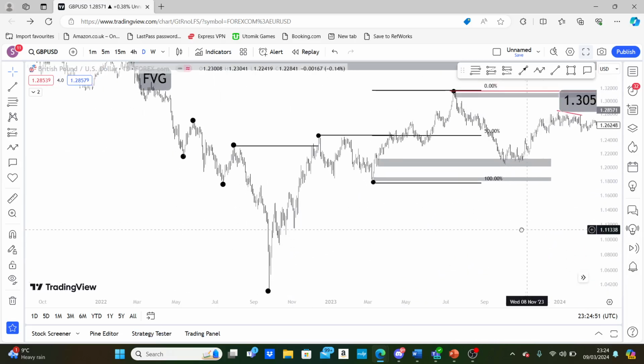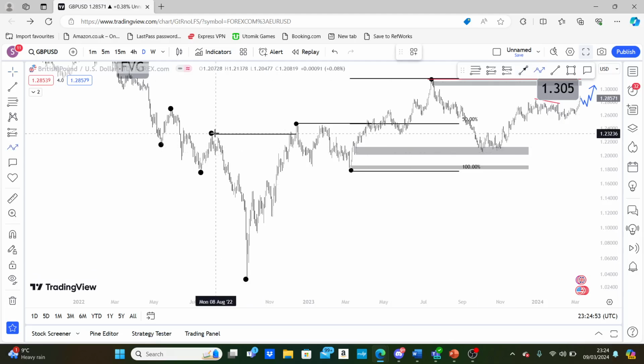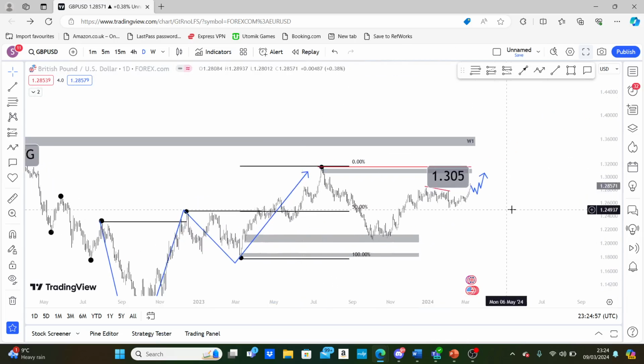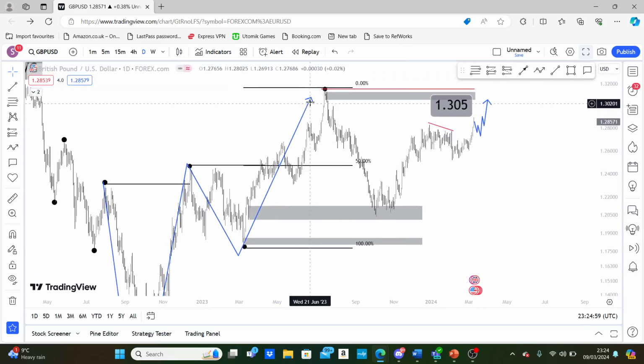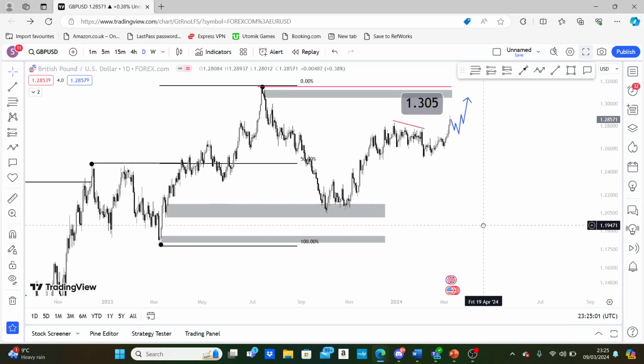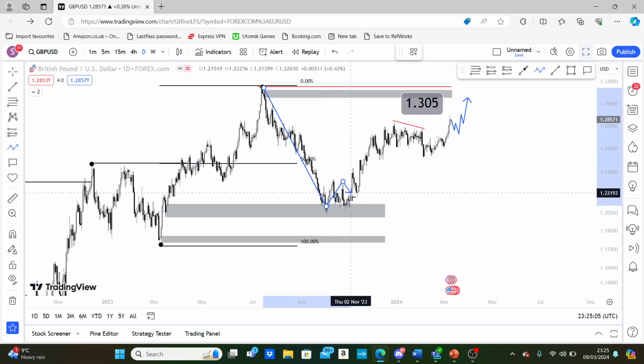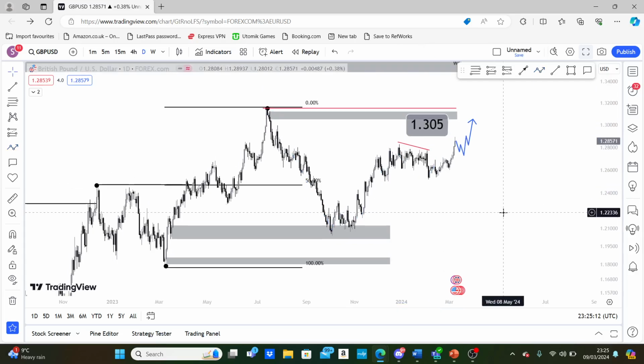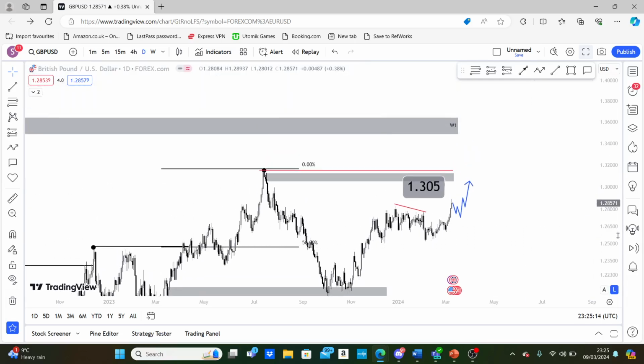So what we had over here is we had price break structure to the upside once and twice, okay? Now, since price has broken structure, what we've seen is we've seen price head into a discount. So price has rallied down into a discount and has since reacted off a bullish POI and is headed higher. So therefore, I expect this current bullish structure to continue, and I expect price to ultimately get up to this